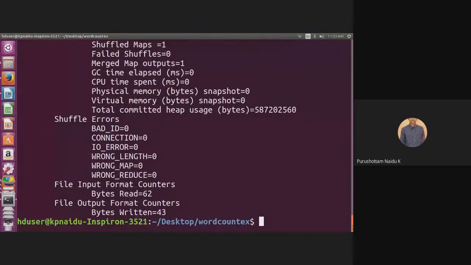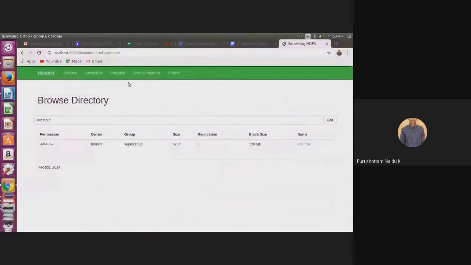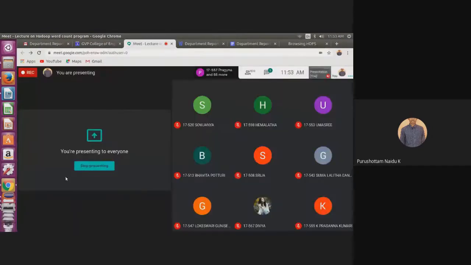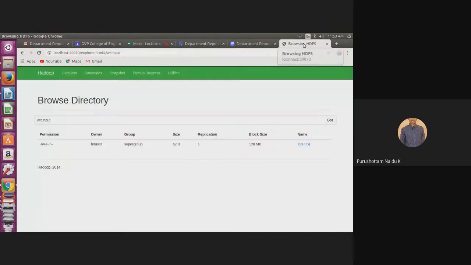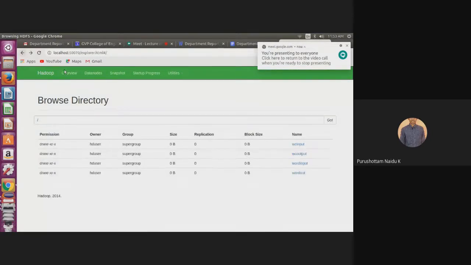That's it. Now, if you want to see the output, go back to our browser. What is our output directory path name? The output directory path name is WC output. Clear? Now I have to go back and refresh this.